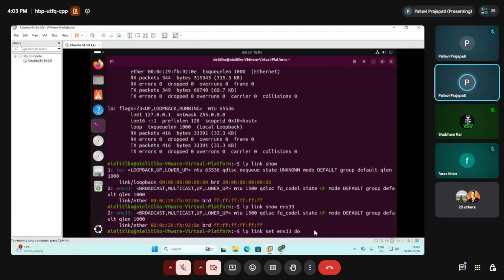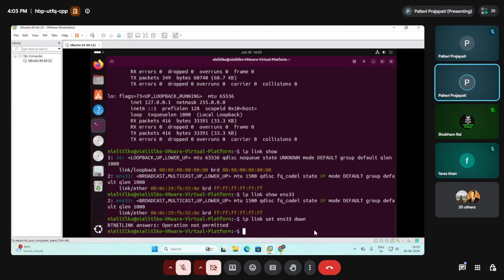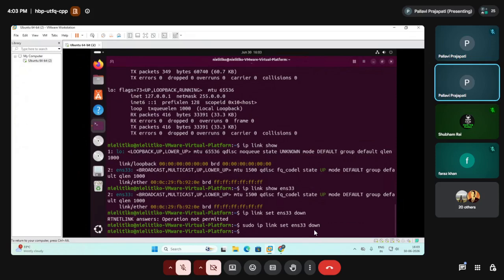Down. Operation not permitted. I need to use sudo. Now it is done. How can you verify that it is in down mode?